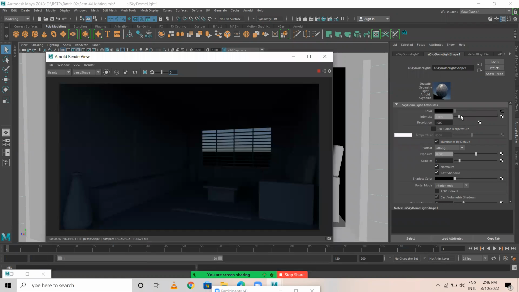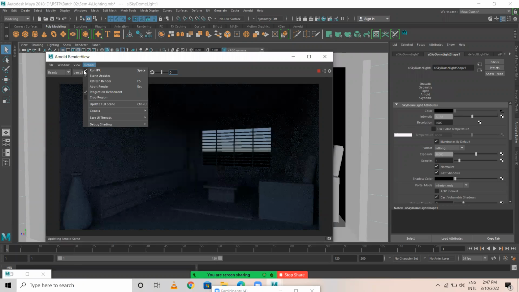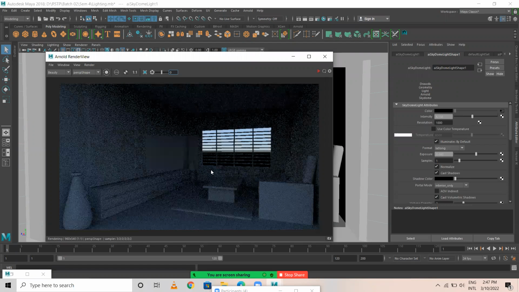First thing is intensity. As I increase intensity, it is updating. For now, I'll stop this run IPR, otherwise it takes time. When I change some value, it automatically changes here. I think it is updating now.